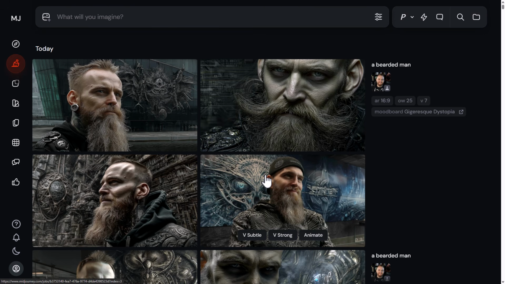Now, I did mention that omni reference doesn't work in the editor, but there is still a little bit you can do with the editor if you want to take a bit of a different route with the photo you've taken. So if you wanted to instead use the same framing and the original image as a base for another image, we can use retexture, and I'll show you how that works. But if you want to keep the same framing, another thing you can do is come over